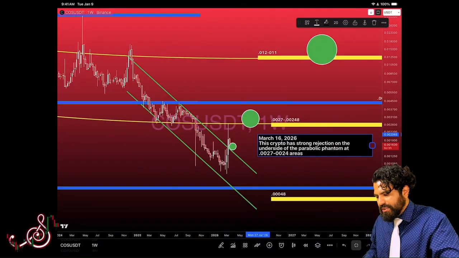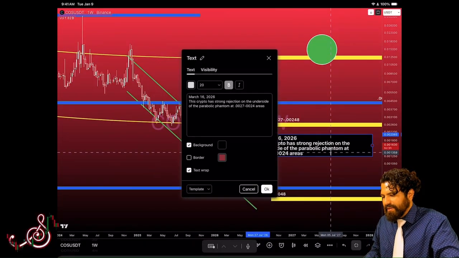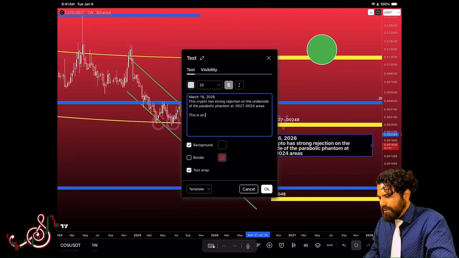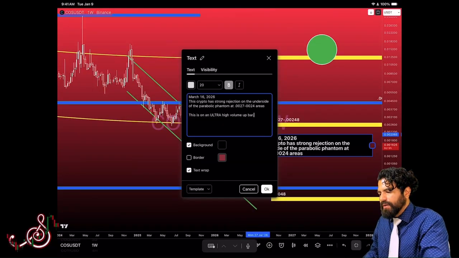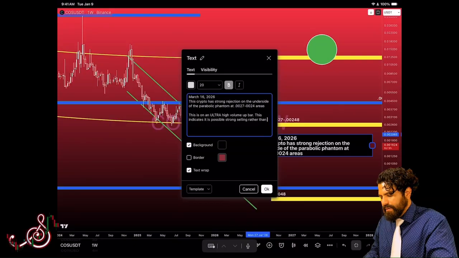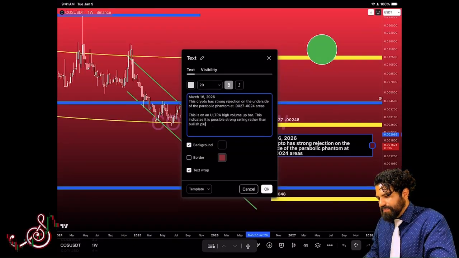This crypto shows strong rejection on the underside of the parabolic phantom at this area. This is on an ultra high volume up bar. Ultra high volume up bar. This indicates it is possible strong selling rather than bullish pushing. If it is bullish pushing,